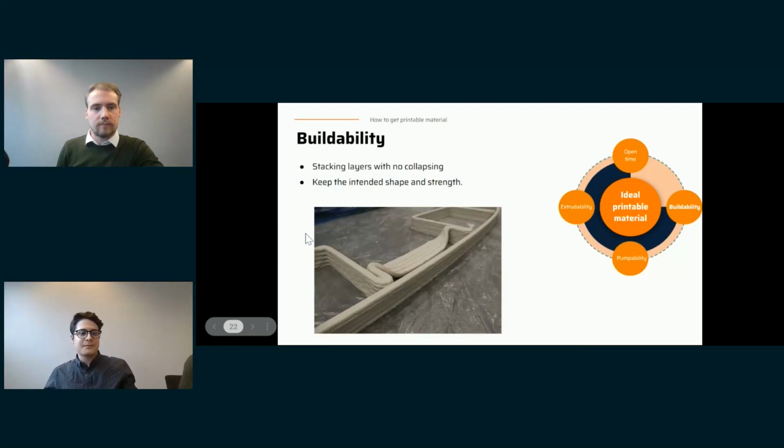Then we have buildability. Buildability is the property that describes the ability of stacking layers without collapsing. So as you saw in the videos, the elements of CyBe are supposed to be printed in one go. So we have a 3-meter wall. Everything has to be printed continuously. So this means that once the layer is deposited, the layer has to maintain the shape and strength until the second